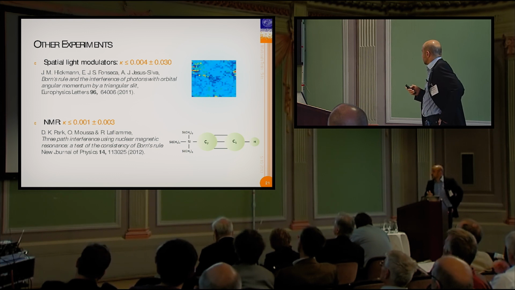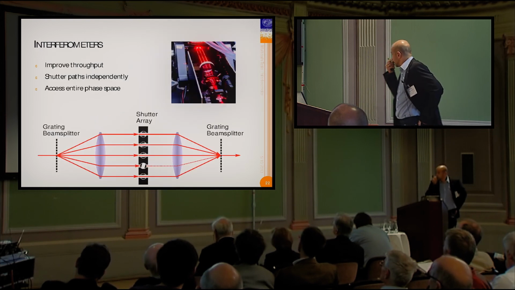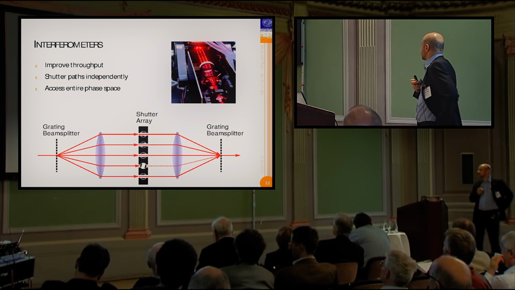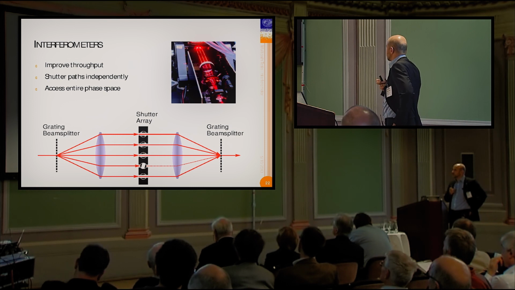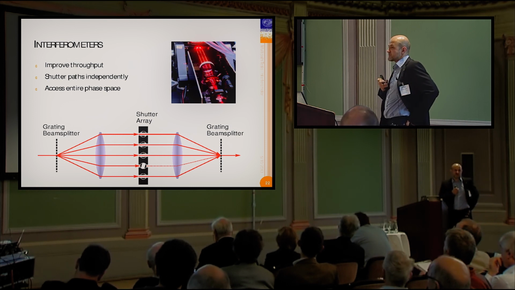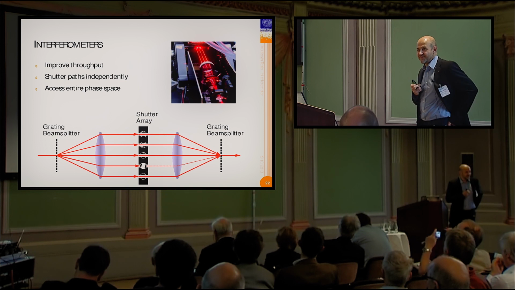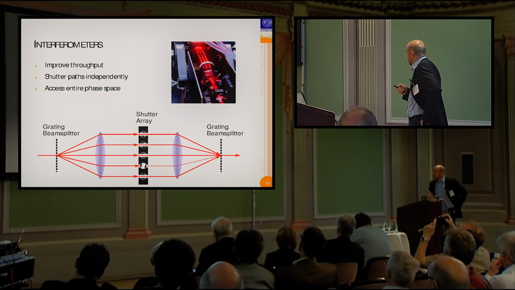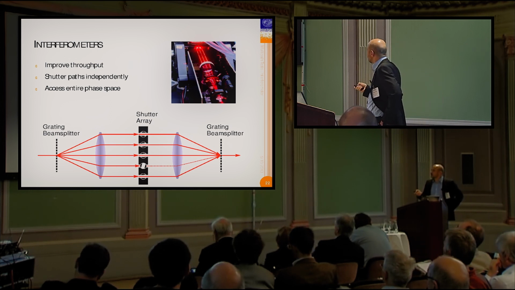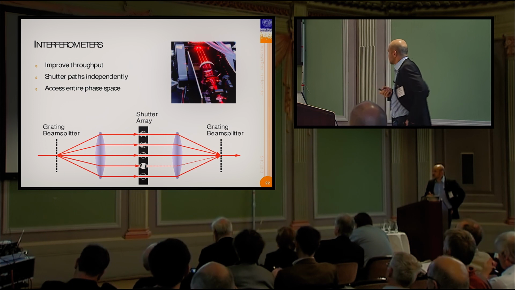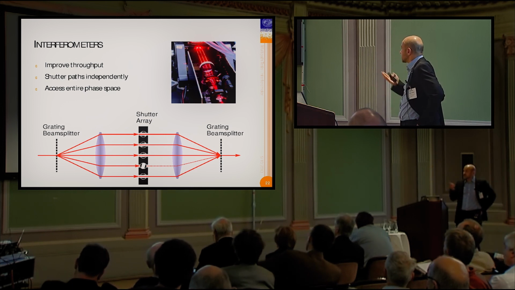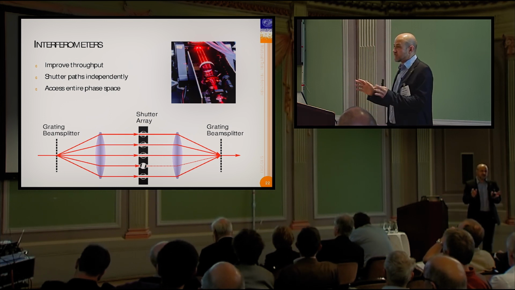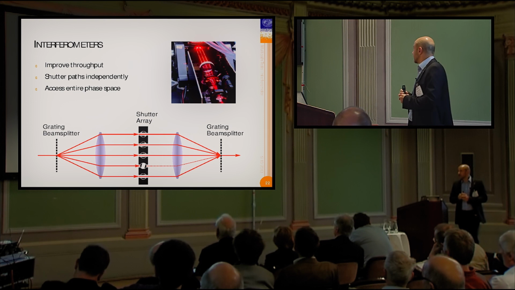But then, of course, we weren't sitting idle ourselves. So instead of doing slits, we went to interferometers. And I think for a long time I've been saying that whatever you can explain with slits, you can explain better with interferometers. They're just not as familiar to some people as the slits. And we bought a very simple grating beam splitter, a device that by diffraction, it's essentially a hologram that takes one laser beam, like the one I have here, and splits it into 5 equal intensity beams.